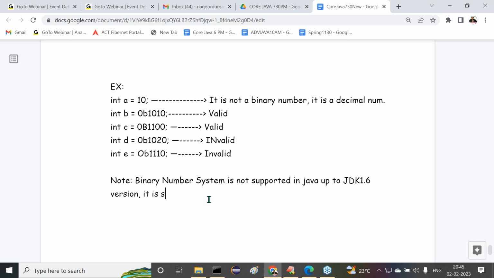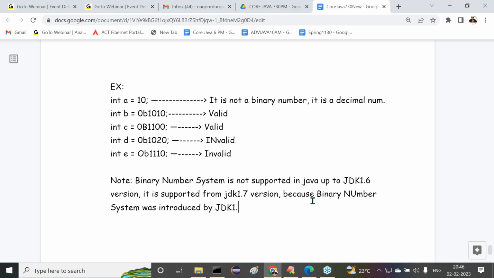It is supported from JDK 1.7 version. Why? Because the binary number system was introduced in JDK 1.7 version as a new feature.